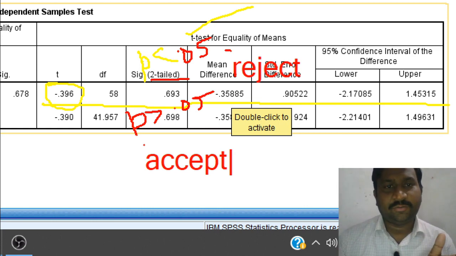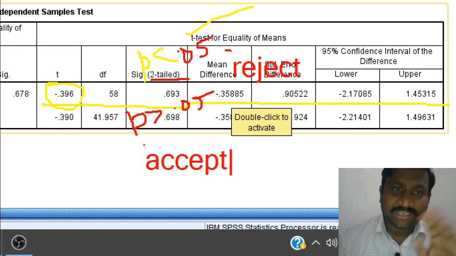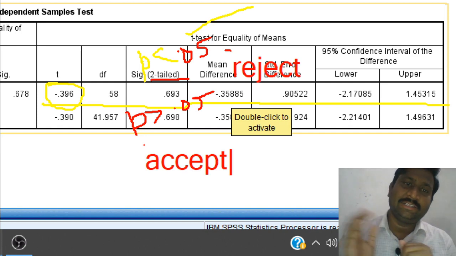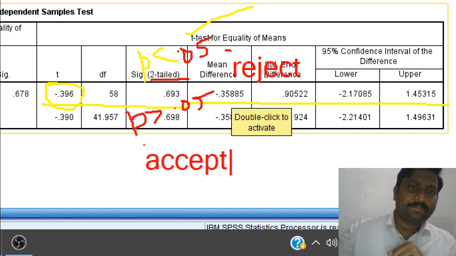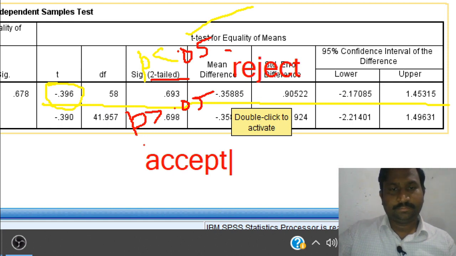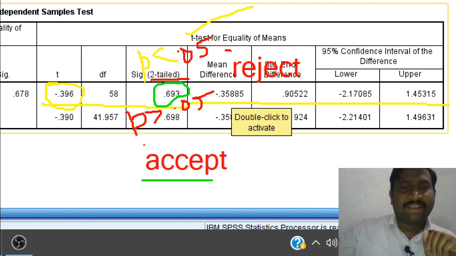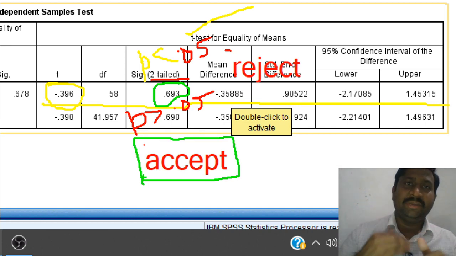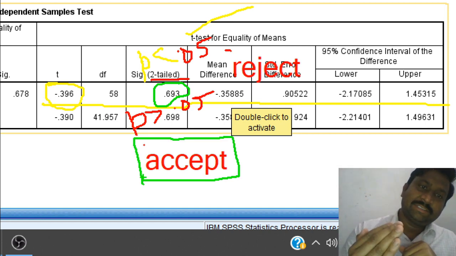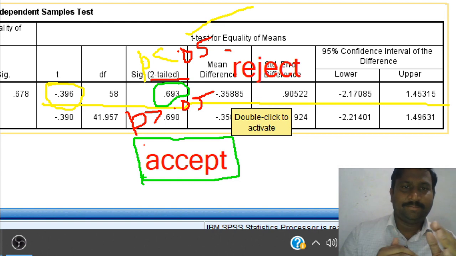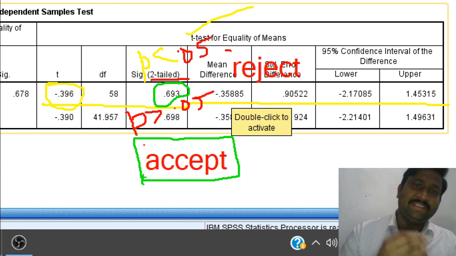So what was the null hypothesis here? The null hypothesis was there is no significant difference between boys and girls score. Here p is 0.693, which is greater than 0.05, which means we accept the null hypothesis, meaning boys and girls do not have any significant difference in their mean score.